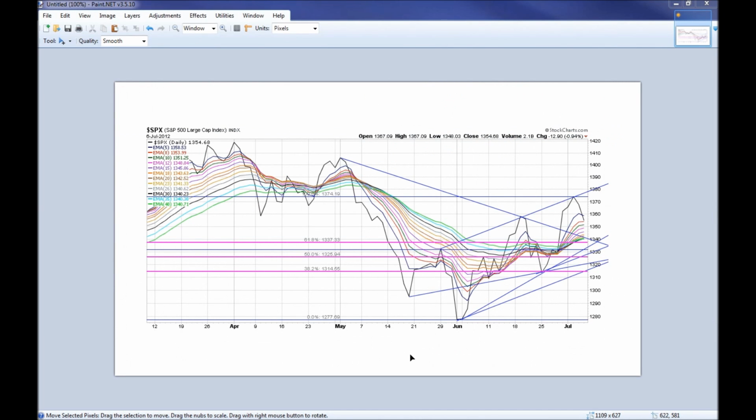This is a daily chart of the S&P 500 index. We've got a clearly established uptrend. If you take this parallel line here and draw it here, it takes you down to this level here, which is also roughly a retracement level. If you want to know what the retracement levels are for high-low prices, they're 1333, 1321, and 1308. So from our perspective, as long as the S&P 500 stays above roughly 1314 to 1308, this upward sloping trend